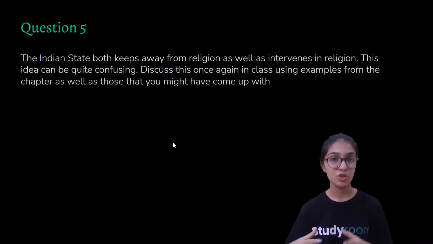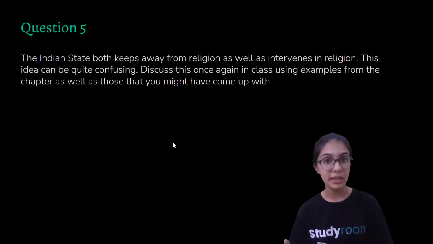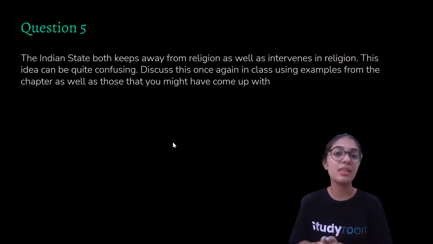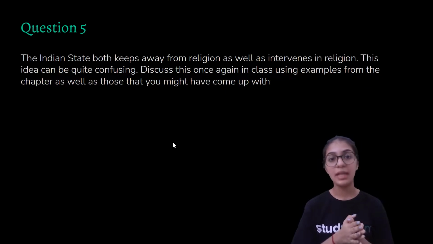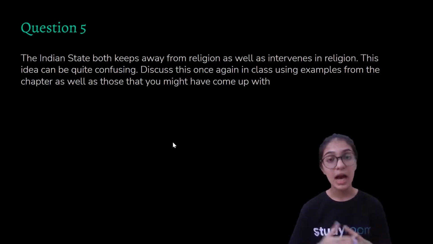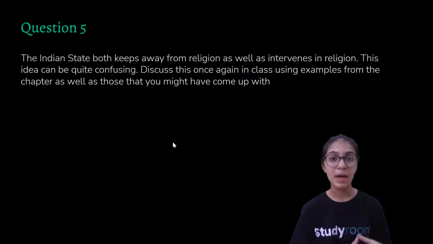Let's assume that one of the religious communities, the minority ones that are in India, the Muslims, are being dominated by the Hindus, or they are being ill-treated by the Hindus, only then they would intervene in the religious communities. Otherwise they wouldn't. So let's again understand this through a simple example, that is the practice of untouchability, that I have been saying again and again, that in case there is something going on like the practice of